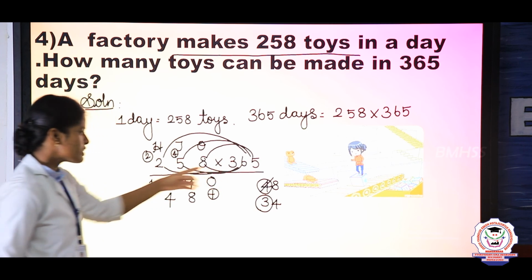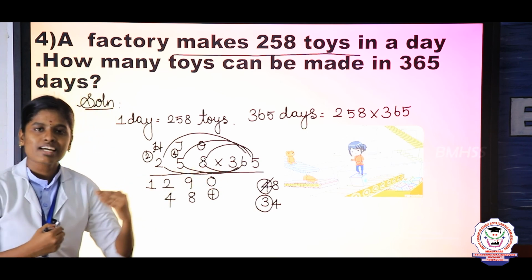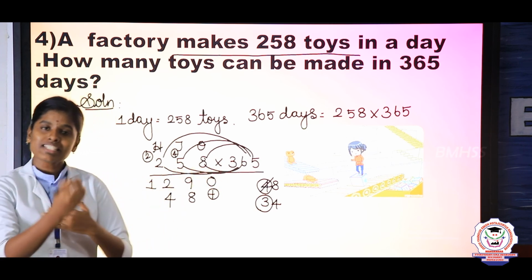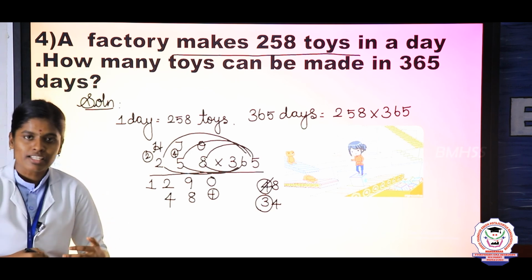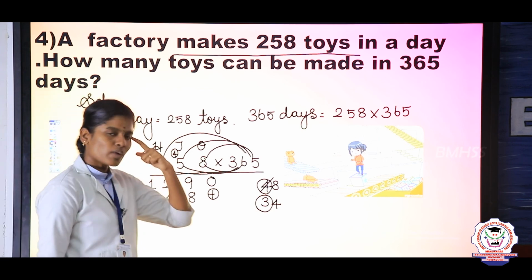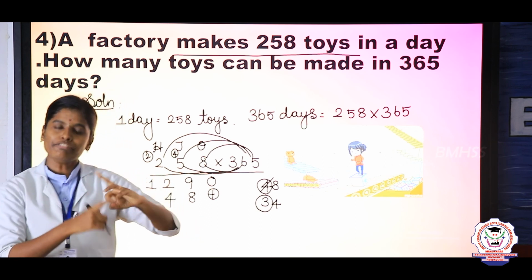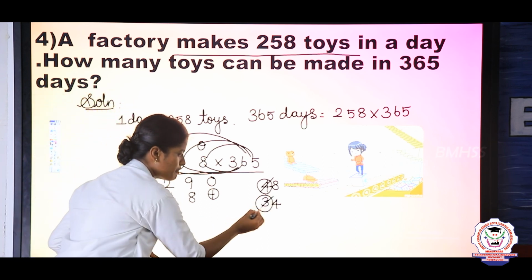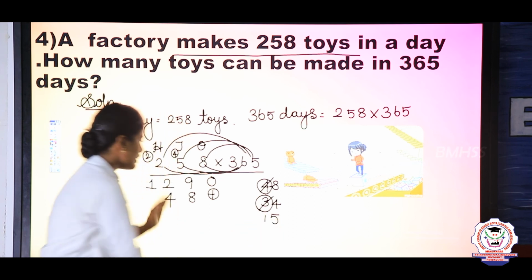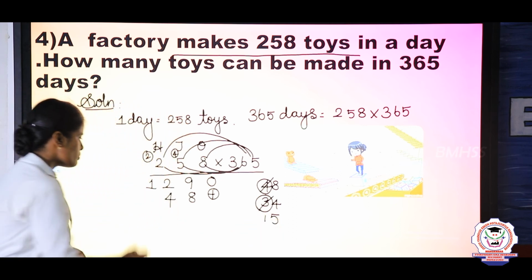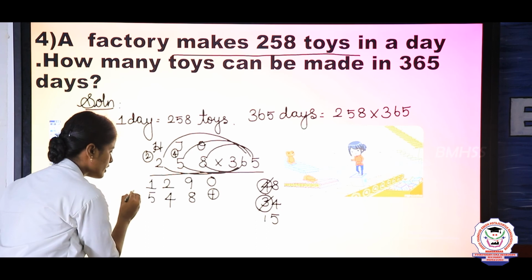Next take 6 and multiply by 2. So what is the answer? 6 2s are, that is 6 times 2, or 2 times 6, so the answer is 12. Keep 12 in the mind, 3 in the finger, 12 after, 13, 14, 15. What is the answer? 15. So finally we don't have any number, so simply you should write 15.